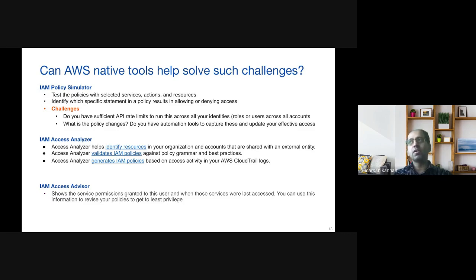The other drawback is when you are running into API rate limits as a customer, you can only query a certain number of APIs to AWS. Basically, you can connect to those AWS APIs at certain rates. Now you're hitting that upper ceiling of rate limits because you have to worry about other services, right? You don't want to consume all the APIs just by running this Policy Simulator, right? That's another challenge.